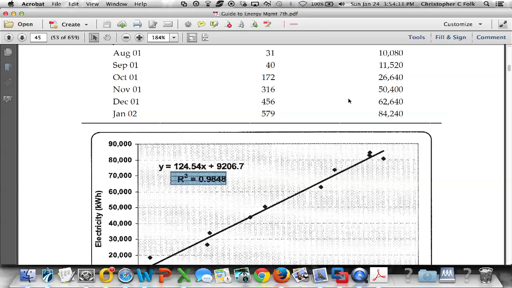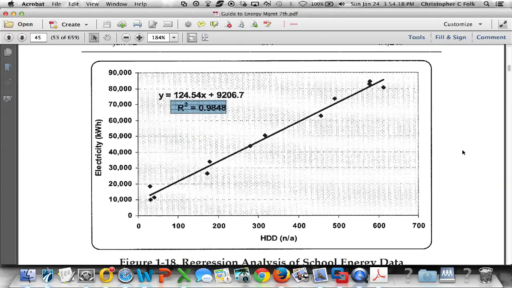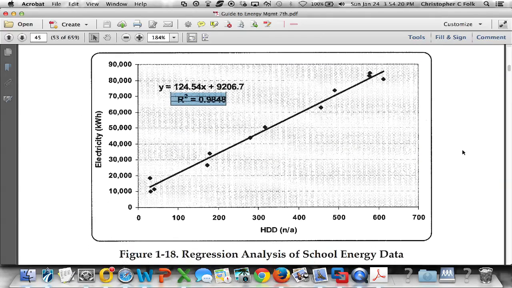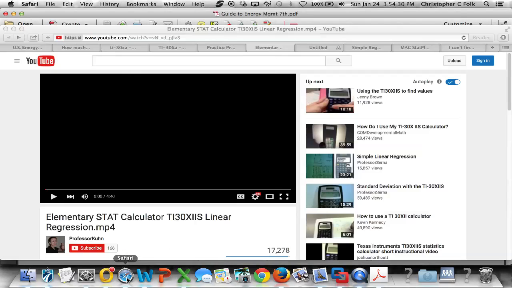So the calculator gives us the information we need. It doesn't give us this scatter chart, which would be cool if it would, but it does give us the math that we could use to make that. Now the next tool that we're going to use is an online calculator. So I'm going to go back to the internet